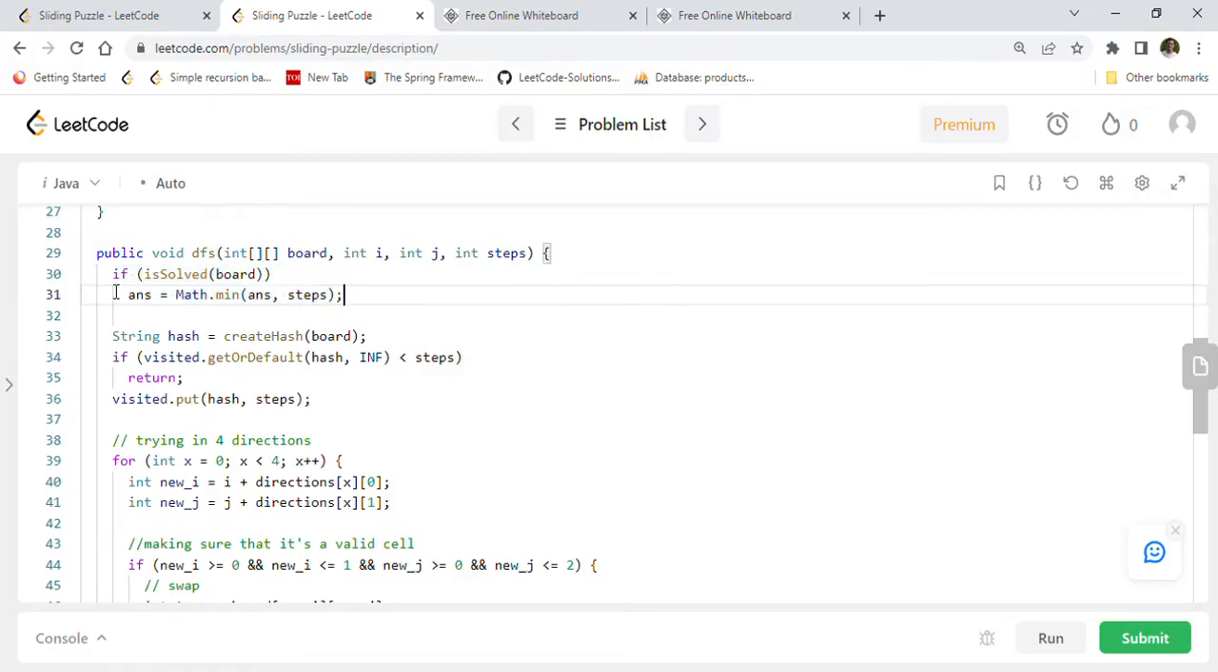After that, if it's not solved, then you will have to create the hash for your current board, right? So you create a hash here, and you will check your visited map. You have a visited map. So you will check if this hash code exists there, right? So visited.getOrDefault(hash), if it exists and if it is less than the steps, right, then you will